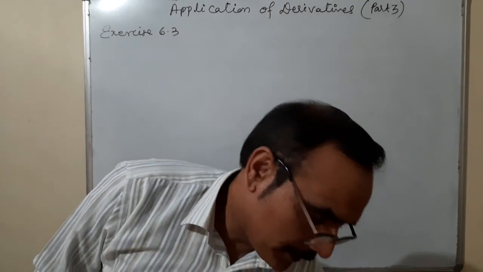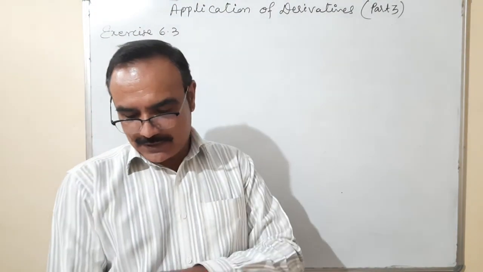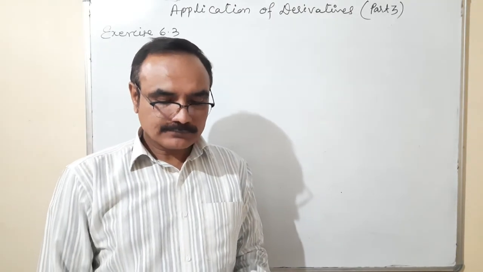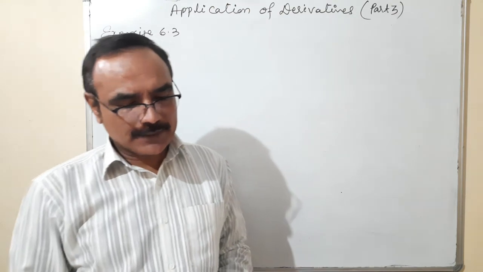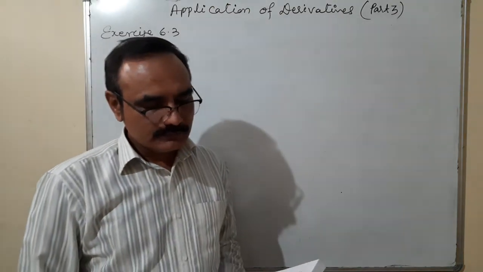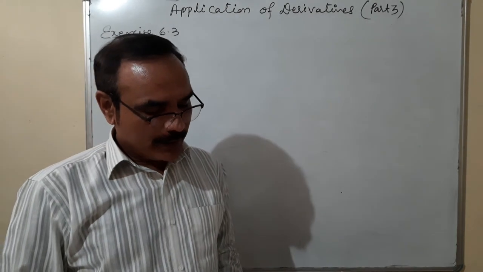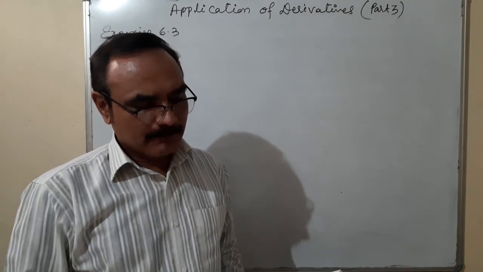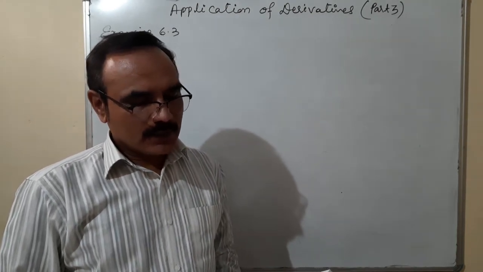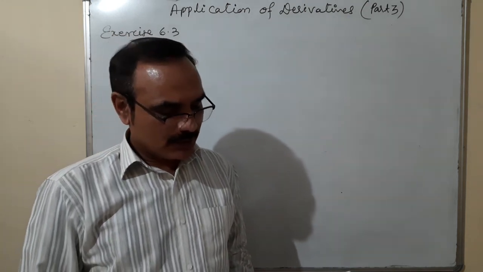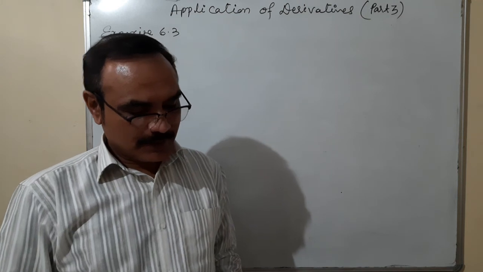Okay, now I'm turning the page of this exercise 6.3. On the next page, many questions are there, too many questions in this exercise. But all the questions are of the same pattern. Now I want to take, find the point on the curve at which the tangent is this. Tangent equation is already given, you can compare it simply.